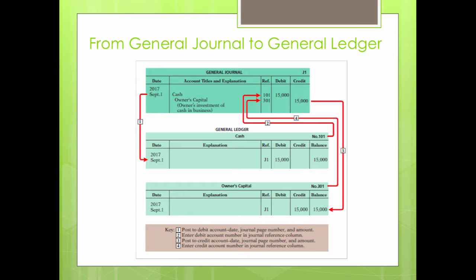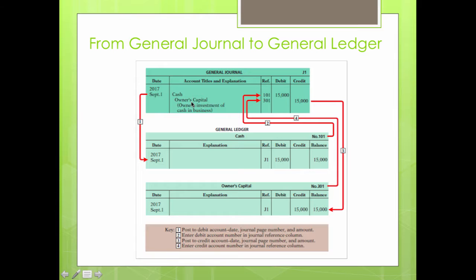A general ledger is the master reference file for the accounting system, and it provides a permanent record for all accounts used in the business operations. So, what this visual is showing you is a transaction that is recorded as a journal entry, just like we learned in the previous slides. And it's recorded as a journal entry in the general journal. It was an investment by the owner to the business in cash for $15,000. So it affected the cash account and the owner's capital account, just like our first transaction that we have been